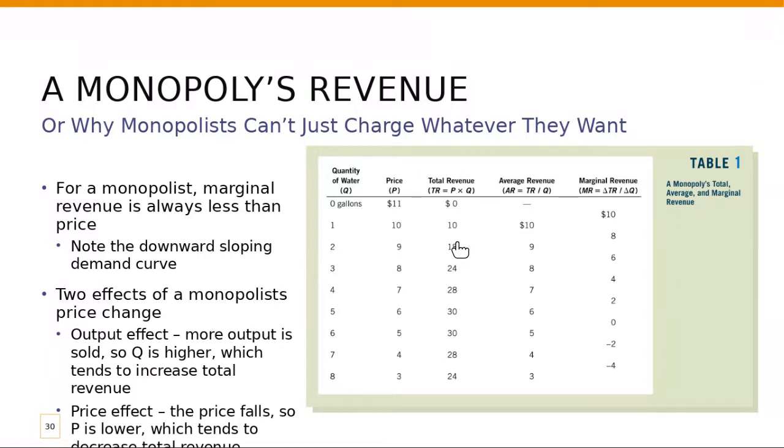Now, if we keep following through in this process, what we see is that at a certain point between 5 goods and 6 goods, the price change cancels out. So 5 times 6 equals 30, 6 times 5 equals 30. So the marginal revenue here is 0. And if we go past this point, we actually start losing revenue and start diminishing. So if the firm's interested in maximizing its total revenue, it wants to find the quantity and output which will maximize revenue.